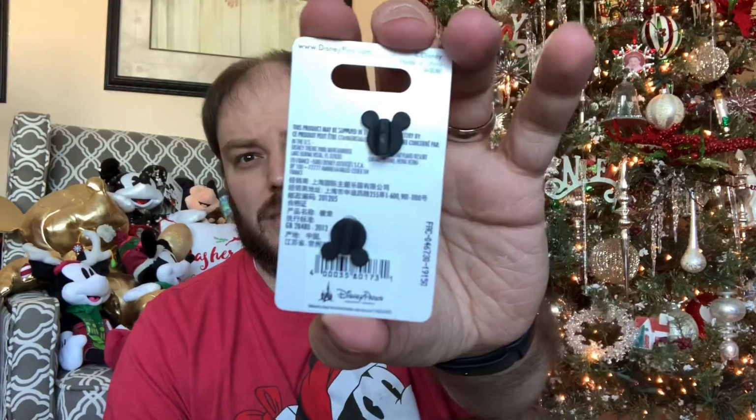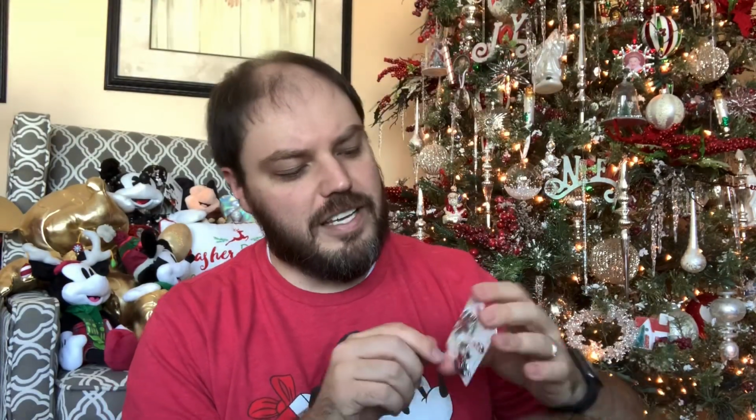This was available at the Disney parks. I do not remember how much this was. I do apologize. It does not say on there, nor does it even give what color it would be, but it is a